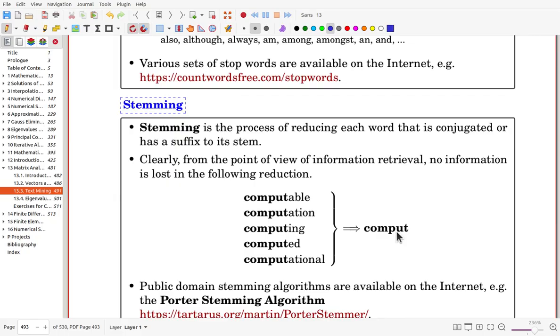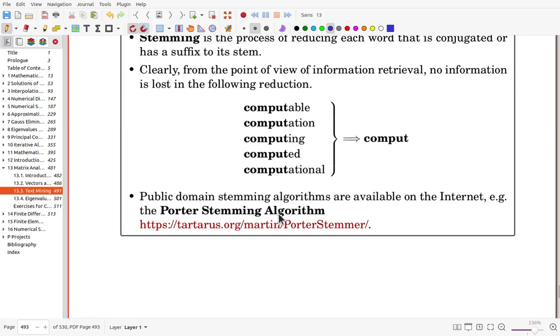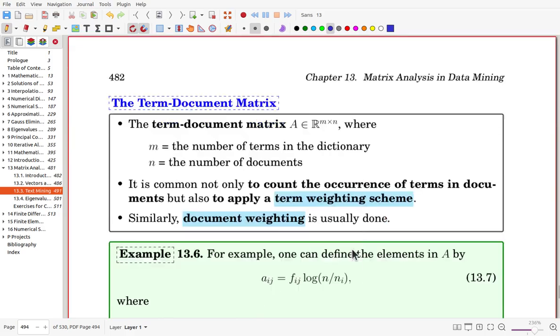And from the internet, you can find the algorithm freely. Here, one example is the Porter stemming algorithm. You can get the algorithm from the website. Now,